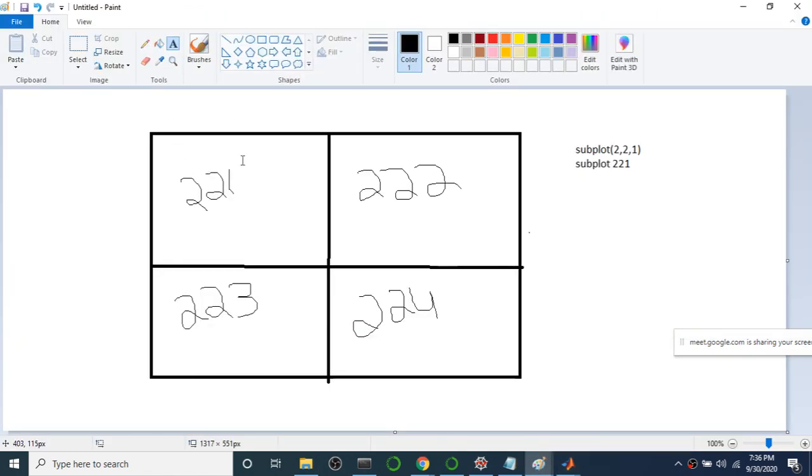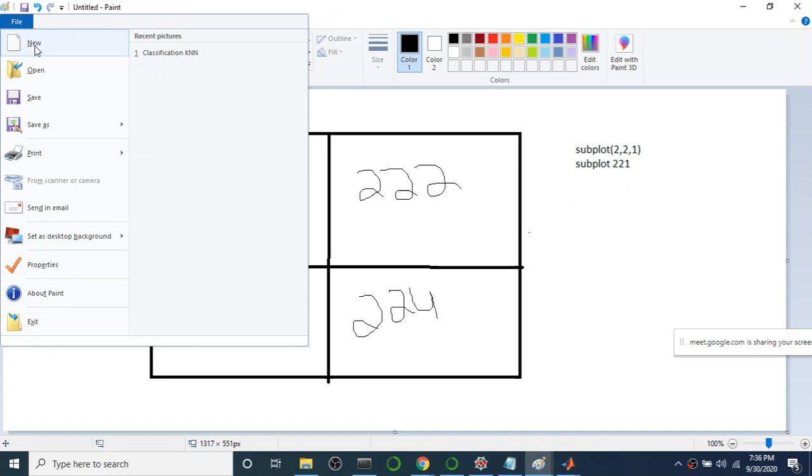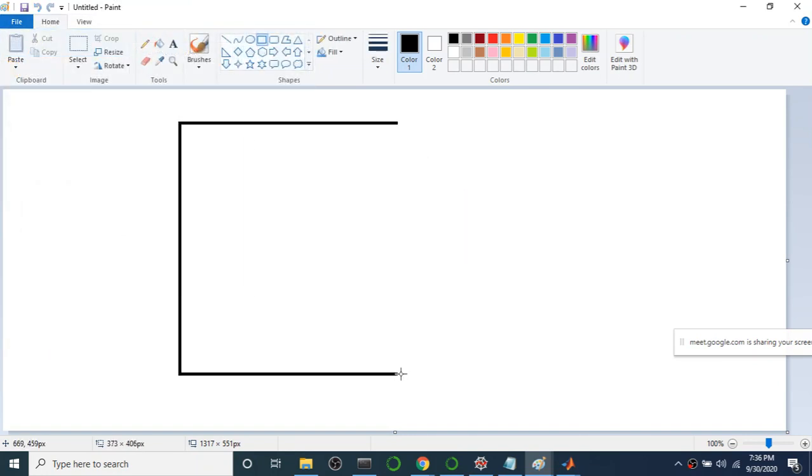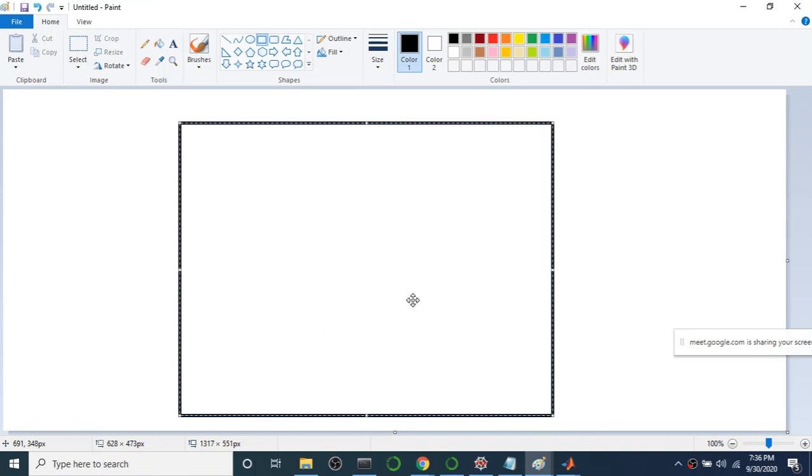Consider this as one figure window. Let me take a new file. Now directly if you are plotting, only one axis will appear, right?